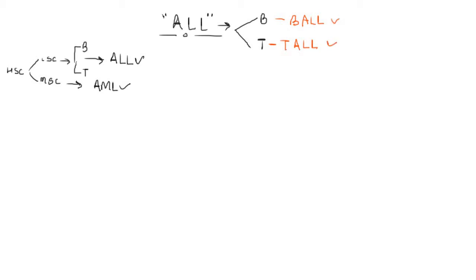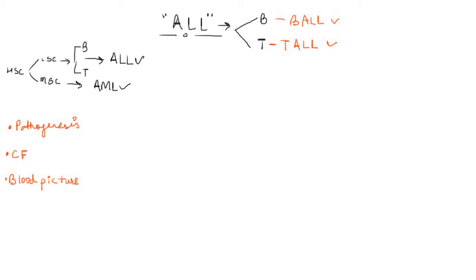Now in this video we'll primarily focus on the pathogenesis of these leukemias and the clinical features which are associated with them. And after this, we'll study the blood picture, which is very important in solving clinical questions or clinical vignettes. They just give you the blood picture and you have to diagnose the condition. So in the last part, we'll take on the blood picture that is associated with these acute lymphoblastic leukemias. So let's take on the pathogenesis of acute lymphoblastic leukemias.